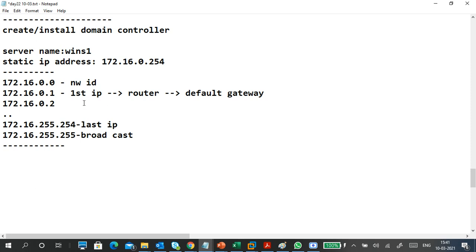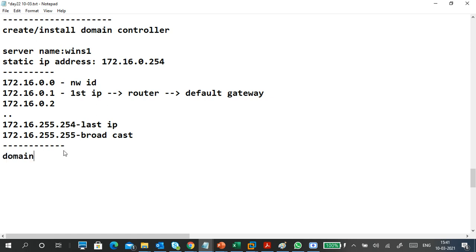Normally in a PC, either in a dynamic way or a static way, you can give 2, 3, 4, 100, 200, like 100, 101, 102, 103 only, right? But no one will expect this one. So no disturbance, and conflict won't occur if you use the last IP addresses for servers. Next, never use a dynamic IP address, meaning an automatic IP address. Always use a static IP address.